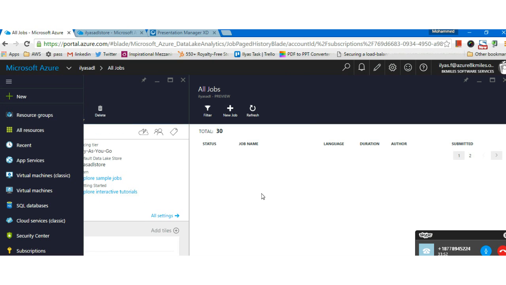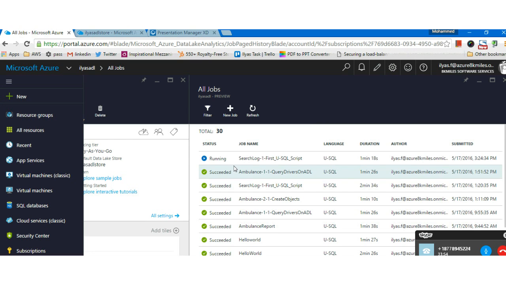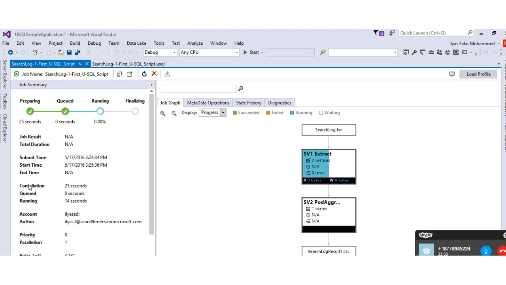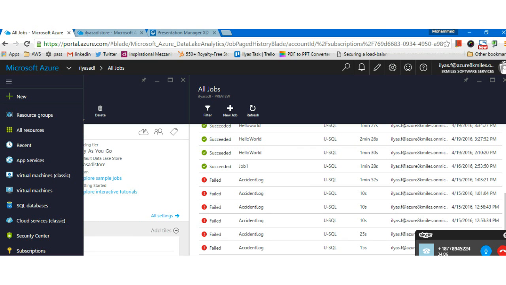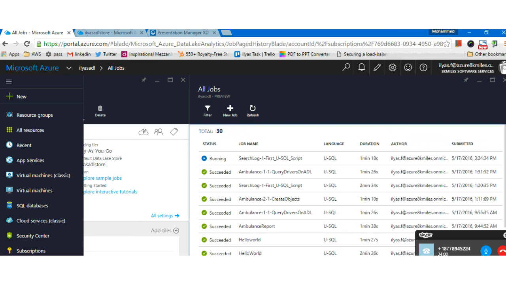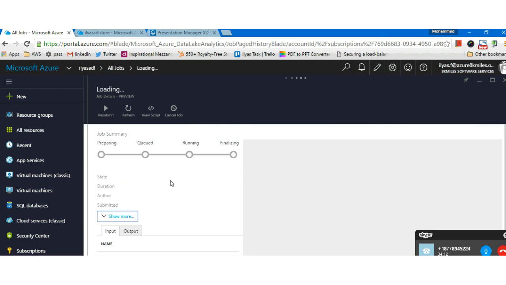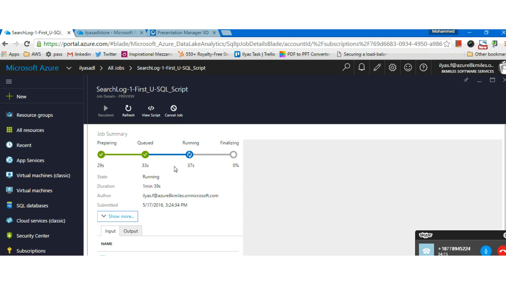Here you can find all the jobs that I've submitted. You would have noticed that we have just submitted a job through my Visual Studio, and it is currently in progress. We are going to look at what these things are and what is there on the right-hand side in detail. Now let's go back to the Azure portal and see what is happening there.